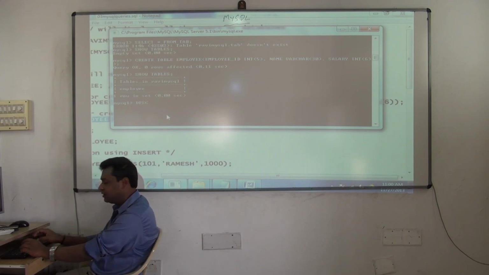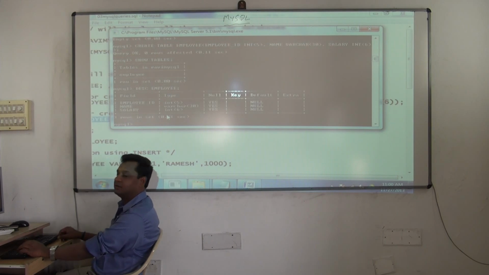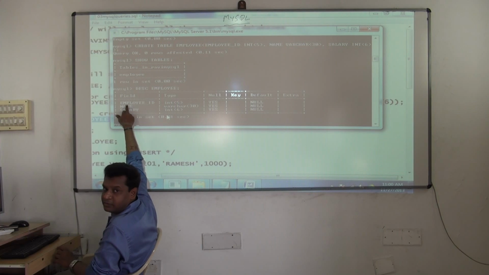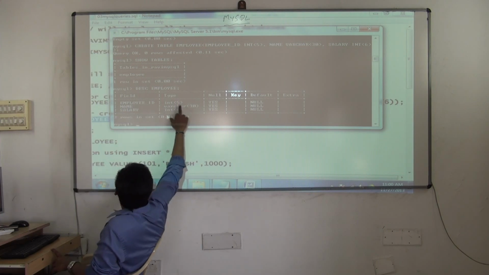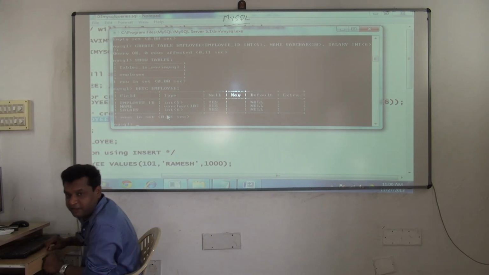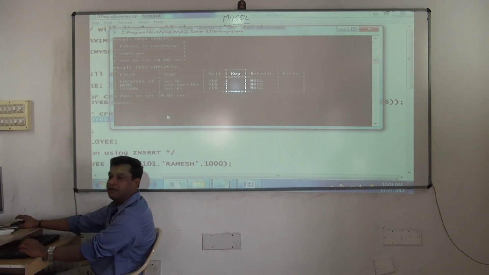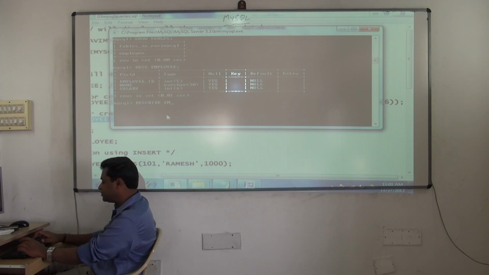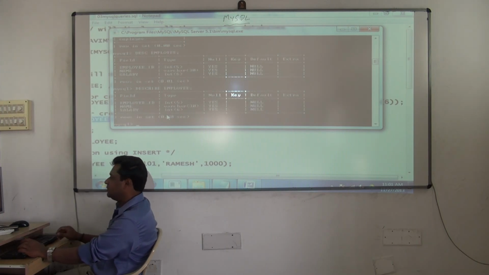DESC. Understood? Which one? Employee. Same story. This is the description. It tells what? Employee ID is the column name, name is the column name, salary is the column name. These are the data types. Some extra information is there, leave it, but it is giving you the information about the table. If you want to see the contents, what will you type? DESC also will work, describe also will work here. See, some queries will be very common, but a little change will be there. Describe employee also will work, same, DESC and describe employee.